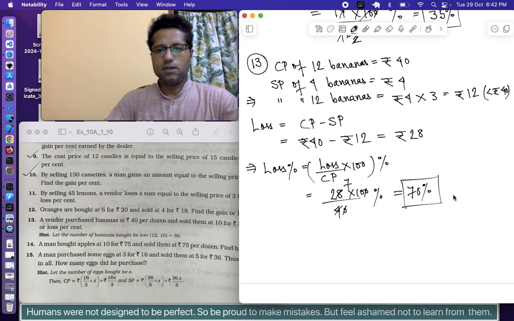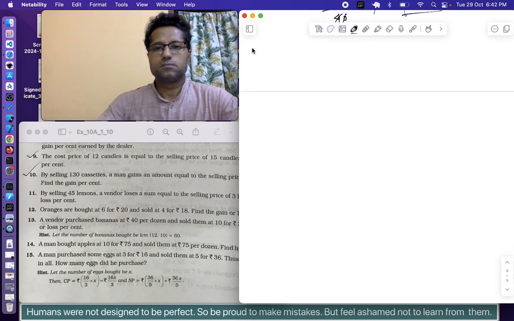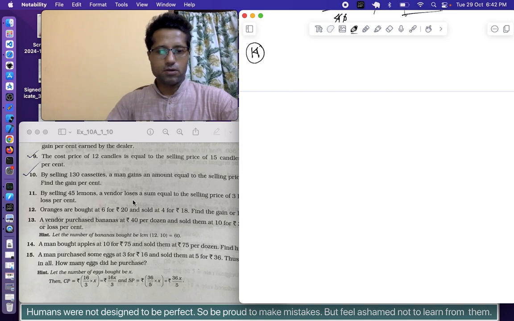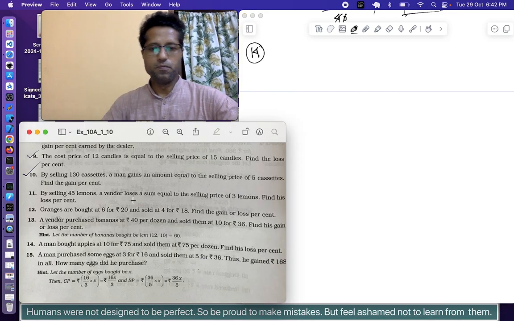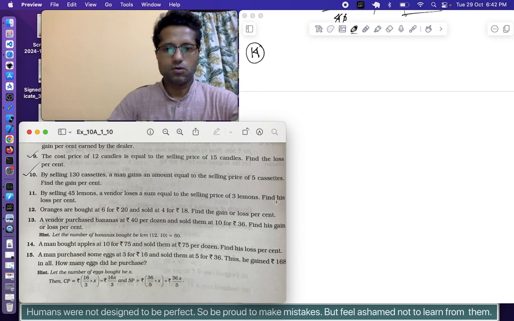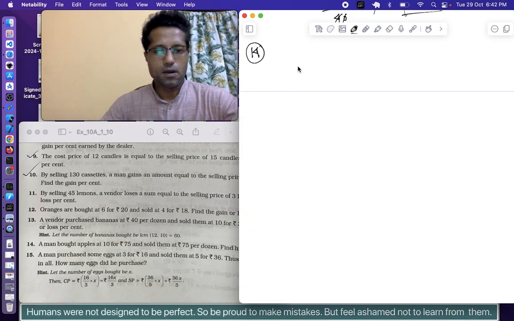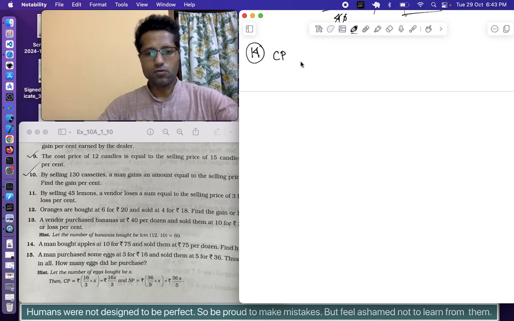Okay, let's do problem number 14. A man bought apples at 10 for rupees 75 and sold them at rupees 75 per dozen. Find his loss percent. Okay, so what is given? A man bought, so CP, a man bought apples at 10 for rupees 75, that is 10 apples for rupees